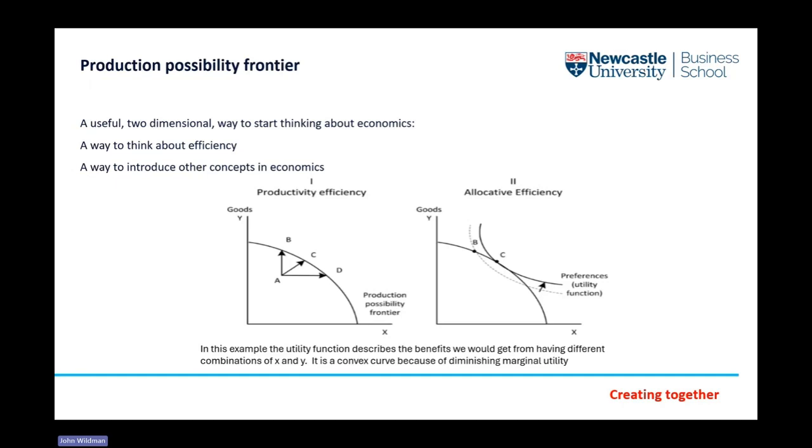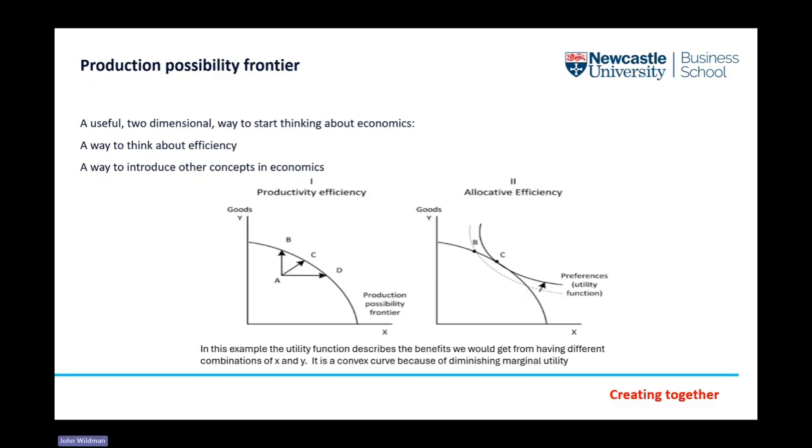So what this is saying is I've overlapped the indifference curves. Point B lies along the dotted indifference curve. Point C lies upon the solid indifference curve. Therefore, society prefers point C to point B. That would be allocatively efficient. We can readjust our resources in order to get to a better point in terms of allocative efficiency. So say both points are productively efficient, but only one is allocatively efficient.